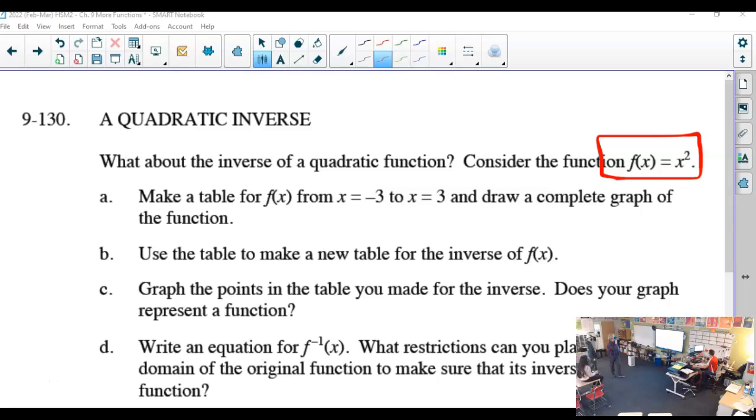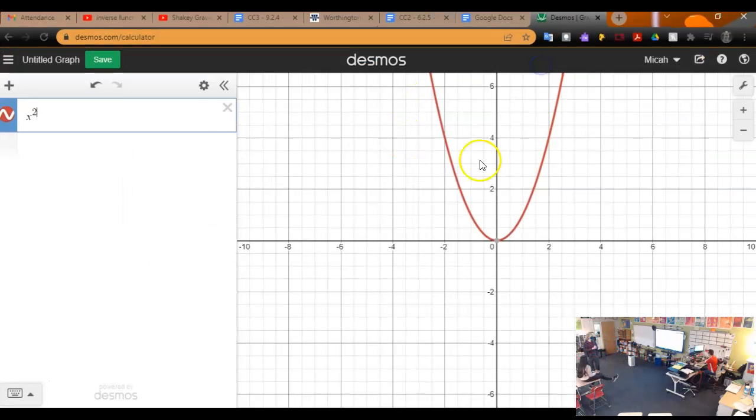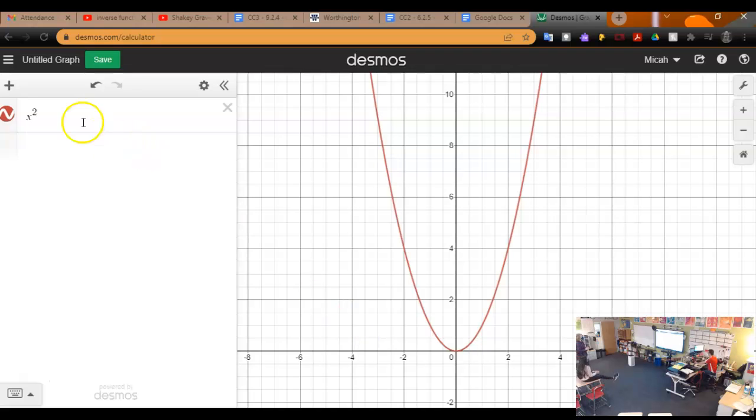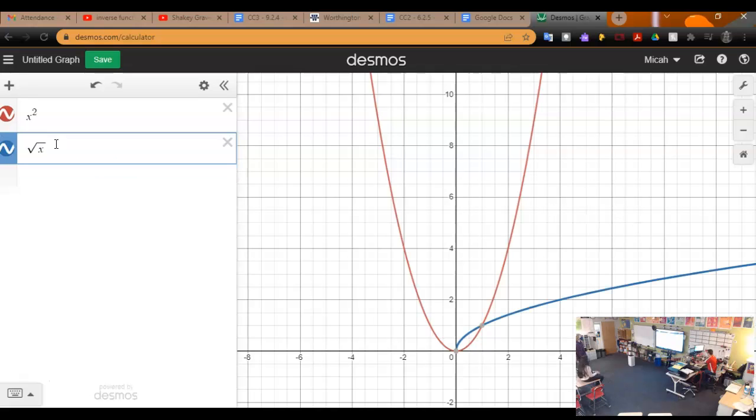Take x squared compared to... oh, like the graph. x squared, like the graph, compared to its inverse, the square root of x. I think we figured out SQRT also works. There's also something on your computer.